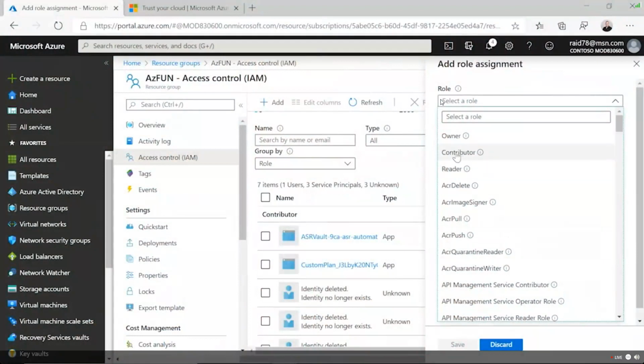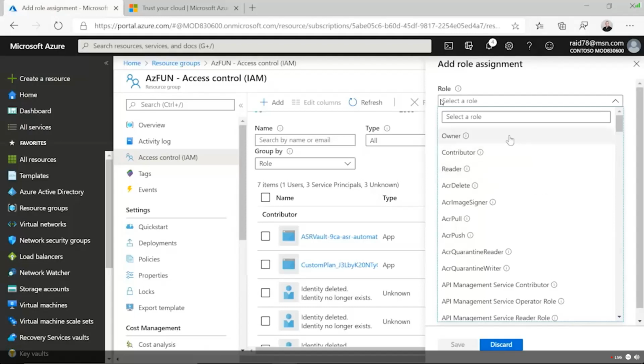Then we have contributor. Contributor can do anything inside the resource group. They can add any resources, delete resources. They can do whatever they want as long as they have permissions on those resources inside that group. However, the contributor cannot change this list of access. Only the owner or the user access administrator can change the access list that we have here. And then we have reader. Pretty obvious what that one is. Reader is, they just look at the resources. That's all they can see, what's going on inside of it.